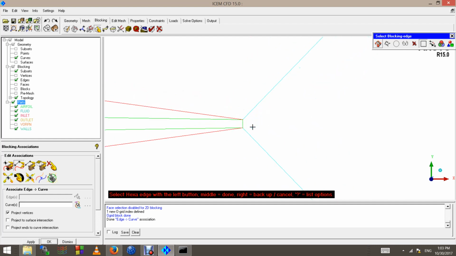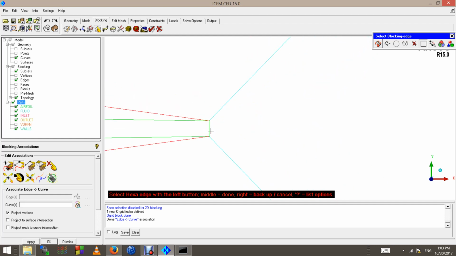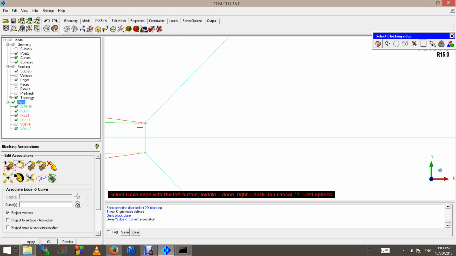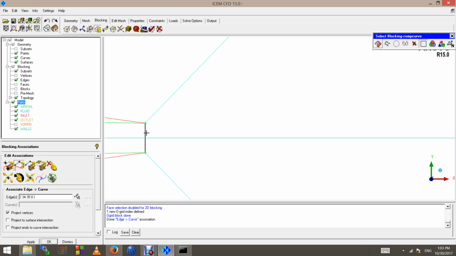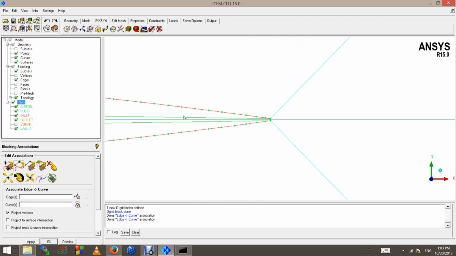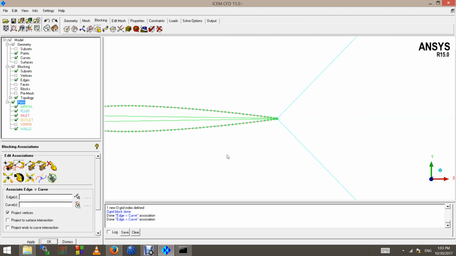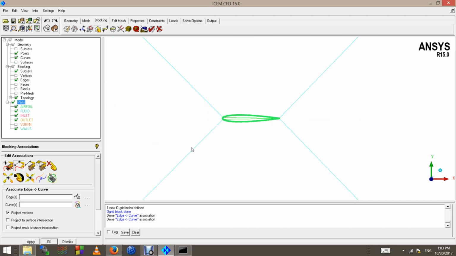The other edge became smaller as well, so we're going to select that edge, the one here which we did not associate. So I'm going to associate that to this curve. Okay, untick surfaces. Right, so we have quite a good